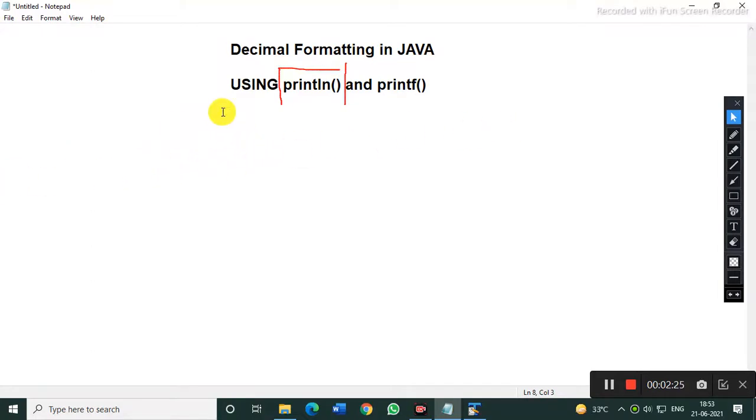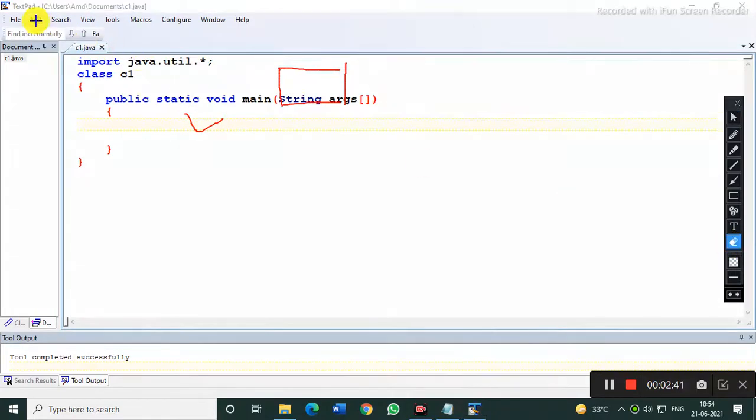While using println, we can print a simple string. Let me show you an example. Here everything we are printing in terms of string. If you want to print a message and also a value, we are supposed to put a concatenation sign like this.